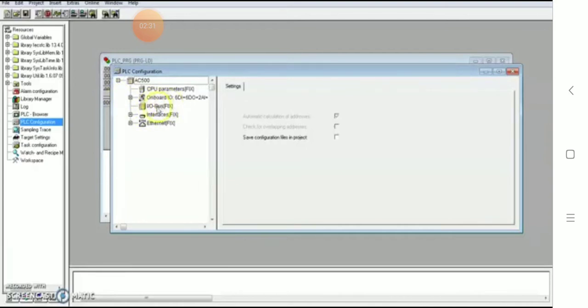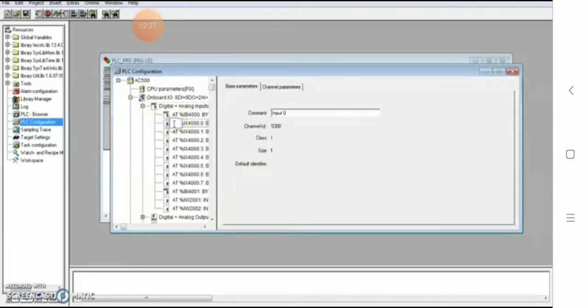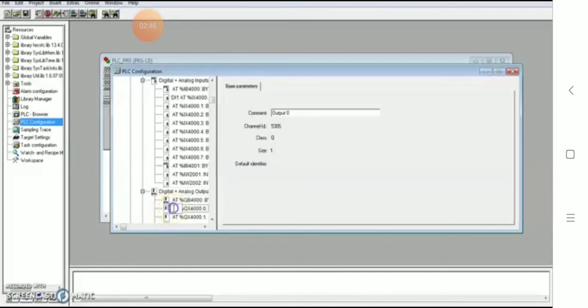Go to the onboard input outputs, same as what we did in the first experiment. Give here DI1, that is digital input 1. Next go to the output, give DO1, that is digital output 1.